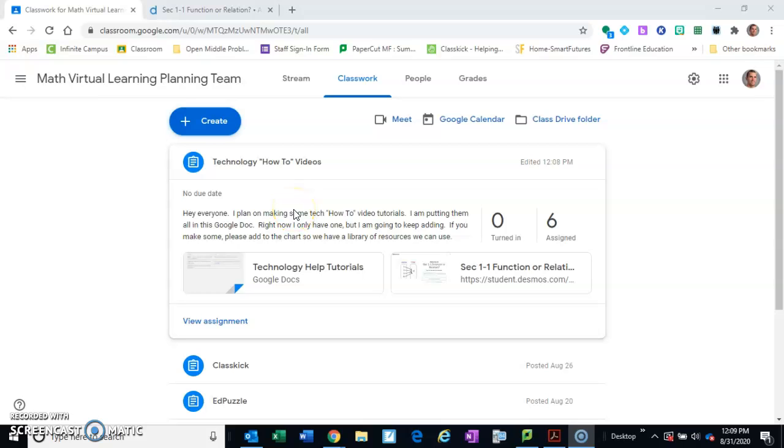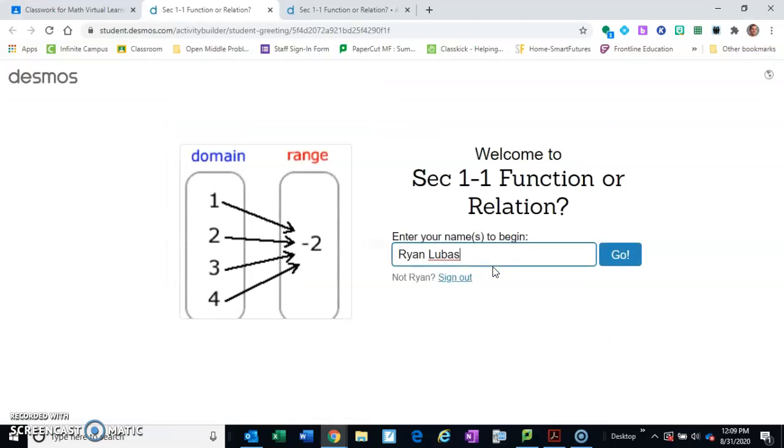Okay, today we're going to look at entering your student Desmos activity. So your teacher's going to post the link in their Google Classroom. I usually post it under classwork, and wherever a teacher tells you they posted it, find that and click on the link. If it's your first time entering this particular activity, it'll say welcome, the name, and then if you're